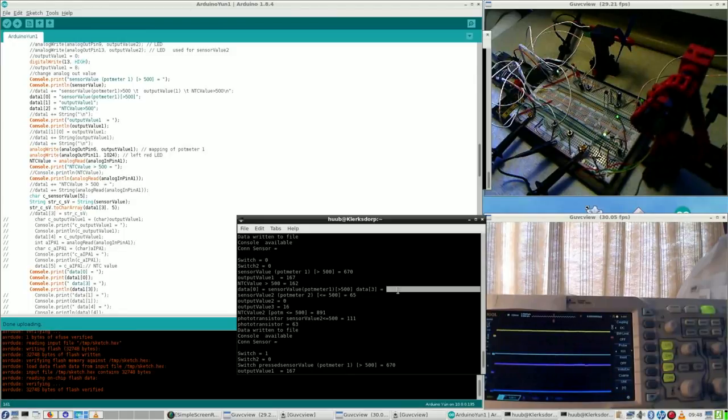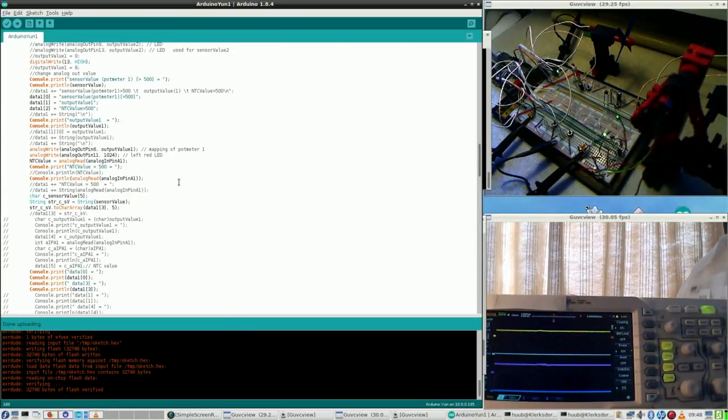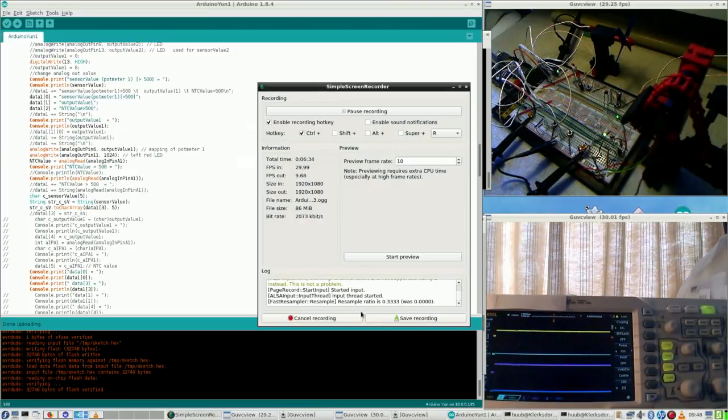Behind data 3 I should expect 670, but nothing is there. So effectively this didn't work. Yeah, that's a disappointment. How to go on?